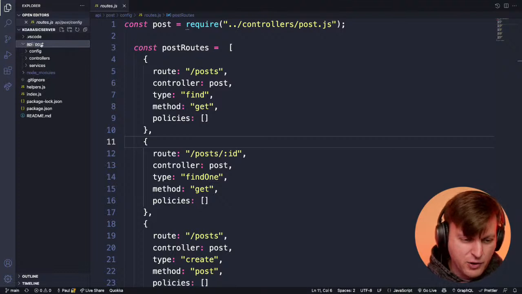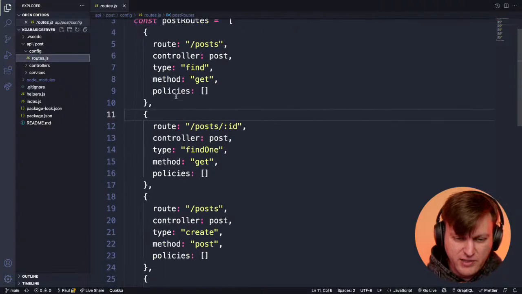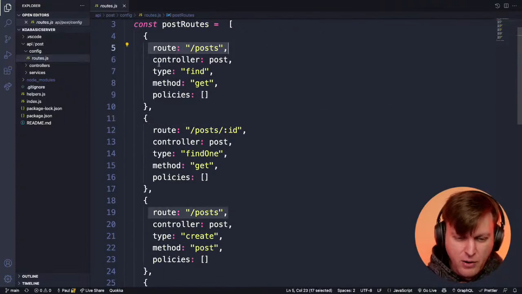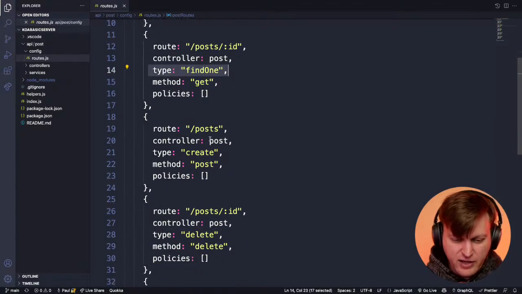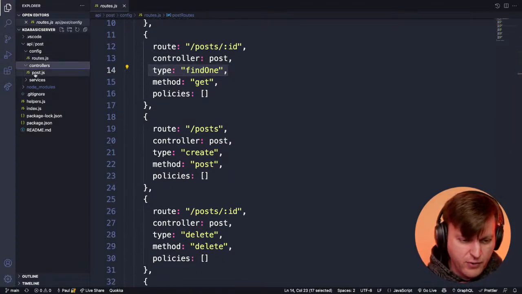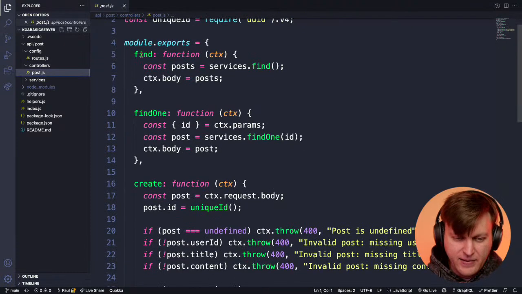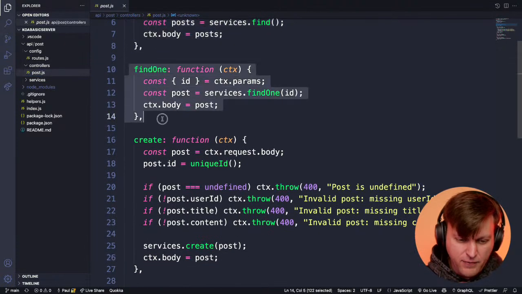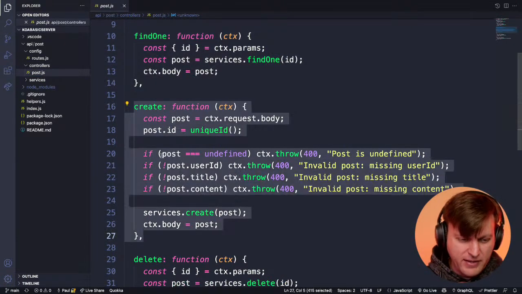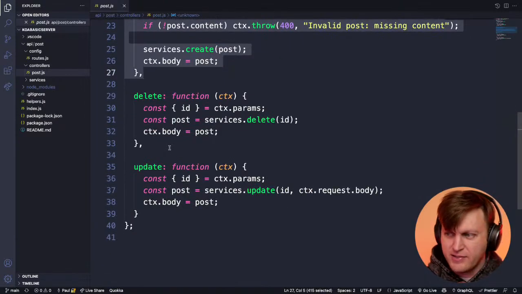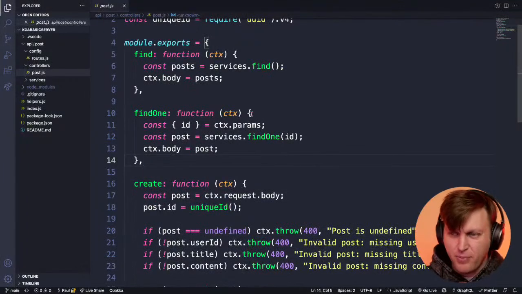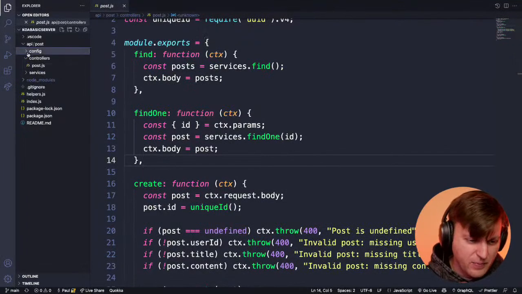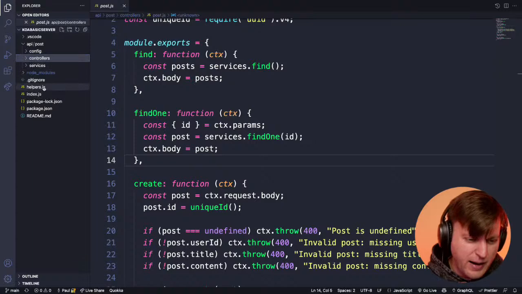I have the API. So far I only have posts, but for posts we have this config file, right? And it's a JSON file which has the route, the controller that it wants to use, and the action that you want to perform. And I created that controller, right? And I have find one, create, all that basic logic. And right now I'm not writing to the database because this is just a learning app here. I'm not worried. I'm going to add Postgres later,